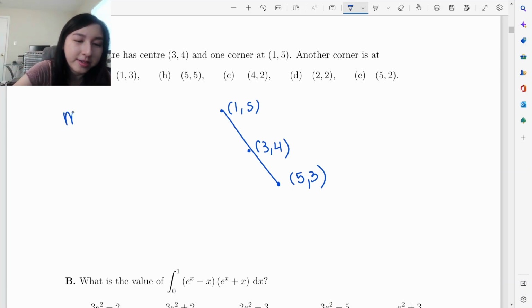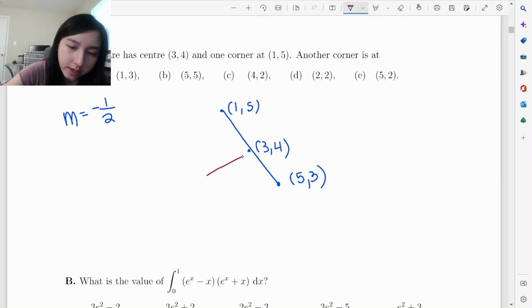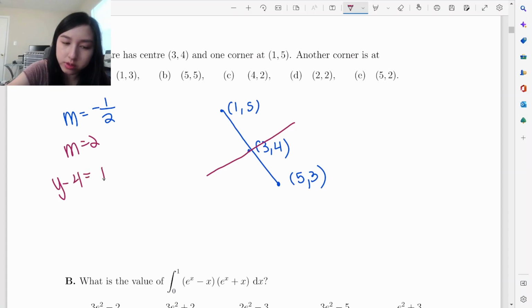Alright, let's just find the slope of this. This is negative 1 over 2. So we have a perpendicular line. Since diagonals in a square are perpendicular, this slope would be 2, and then point slope form: y minus 4 equals m, which is 2,